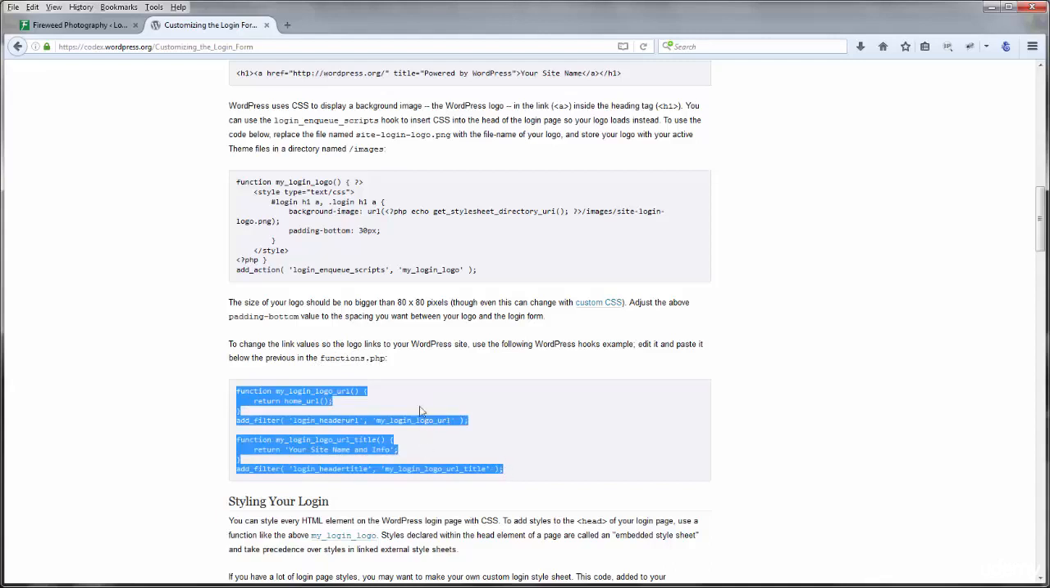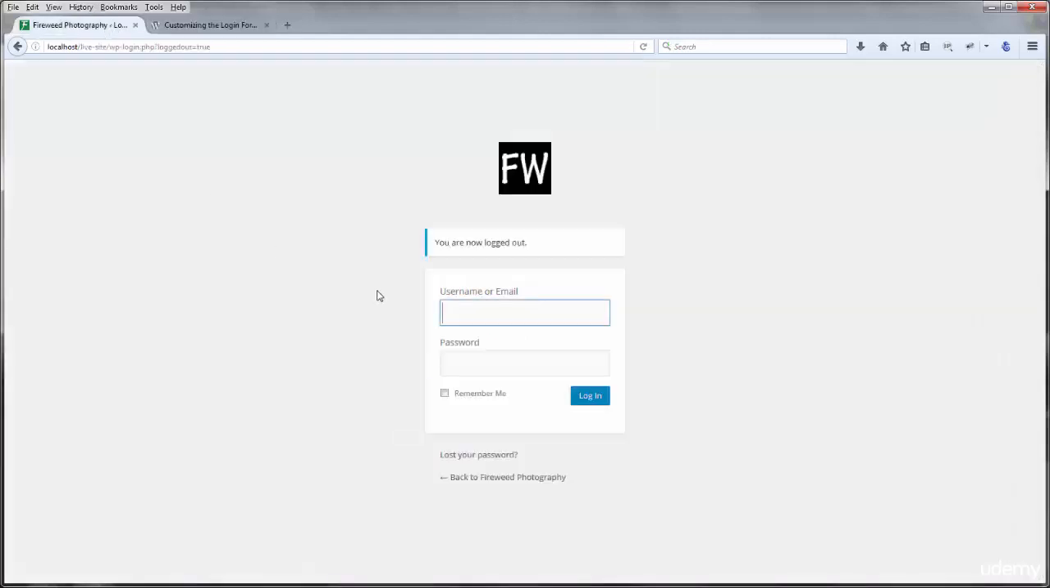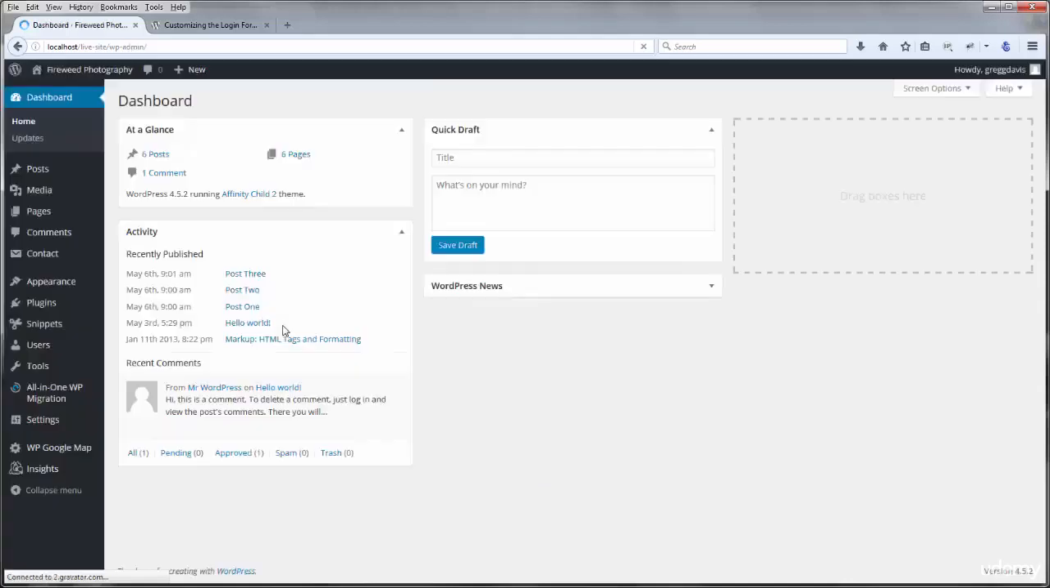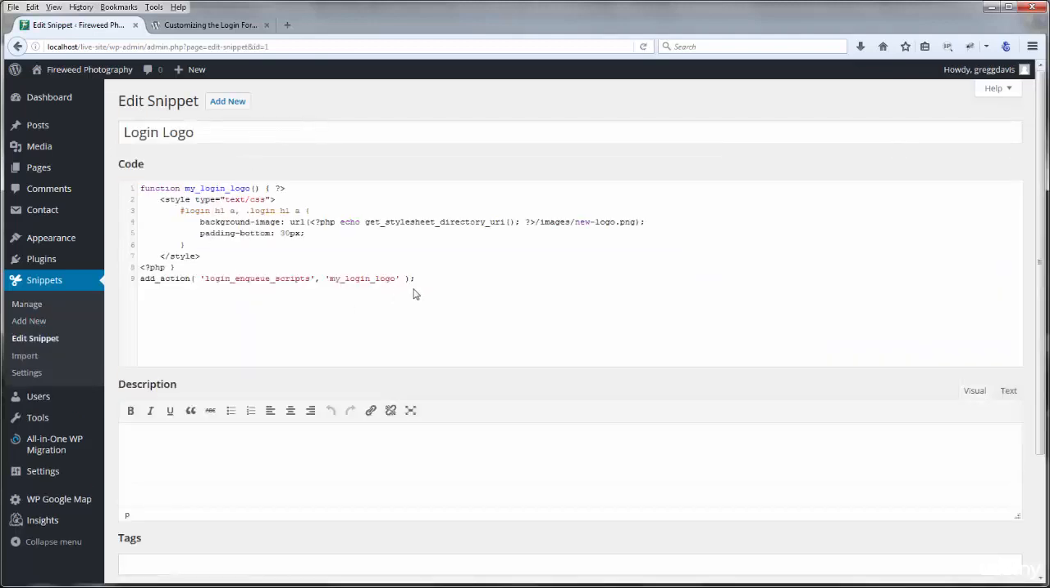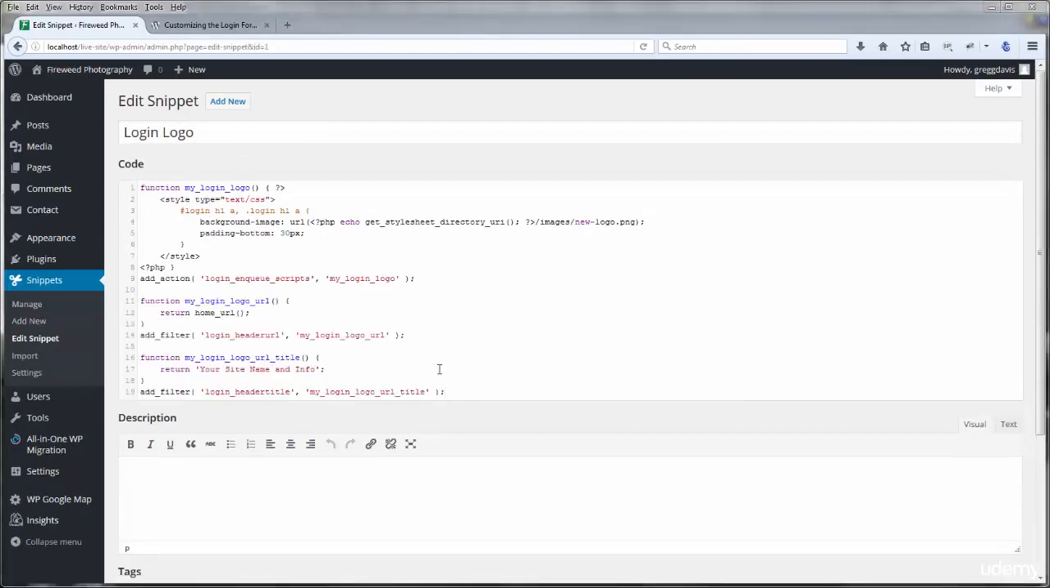and I'll just hit Control C to copy, I'll log back in and I'm going to go to code snippets and manage that code snippet. And I'll make a change to it. Great, let me just hit 2 enters and hit Control V. If I look at the code, I can see that it's going to return the home URL, so that'll be